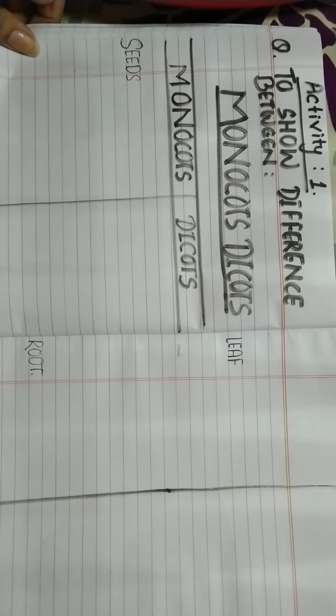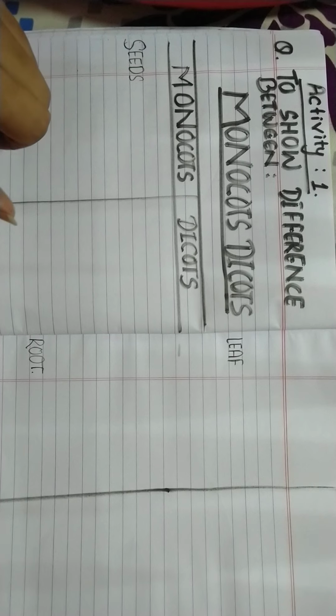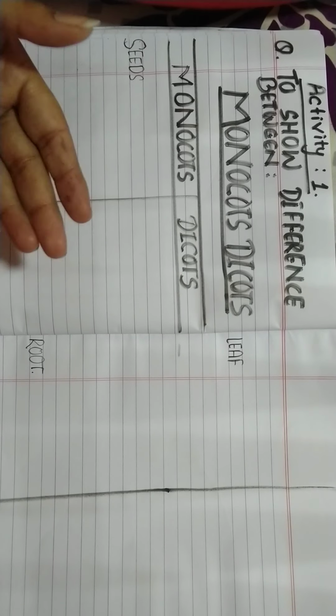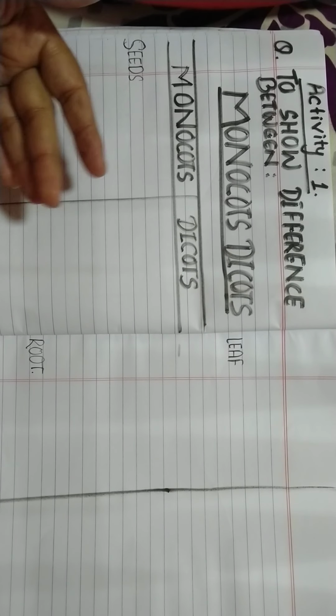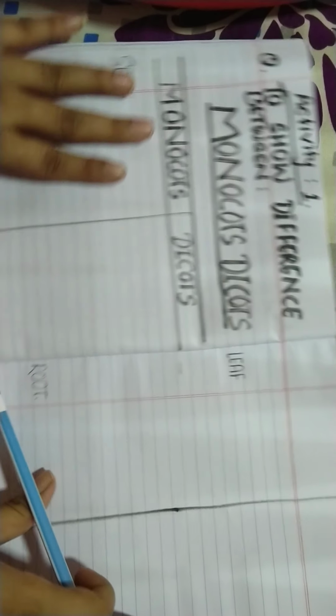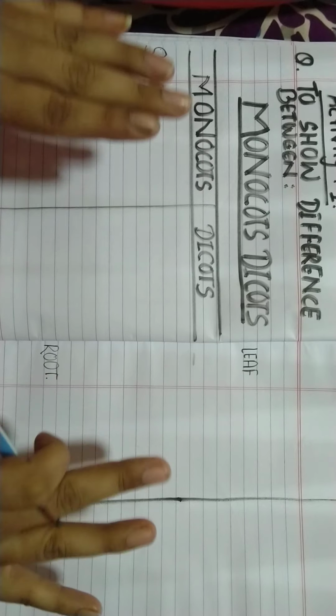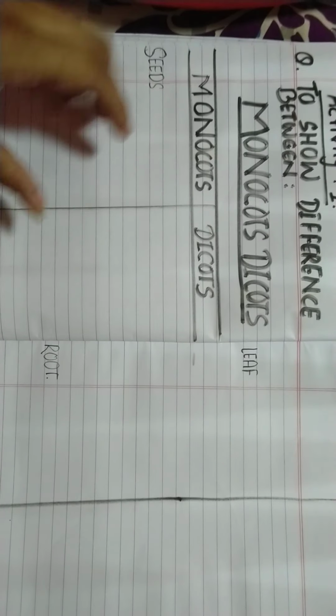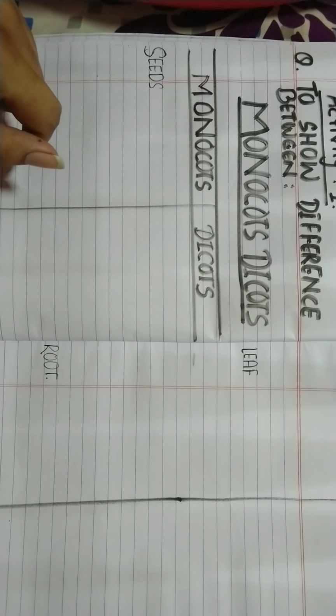So today we are going to do a tutorial, and in the same way, you can also add some creative ways to do your project or your activity at your home. First of all, you have to take a paper or a copy, then write the information or the topic at the top of the copy or paper.